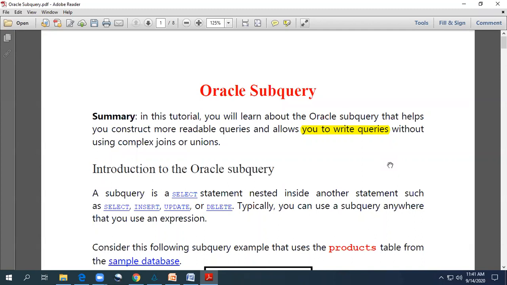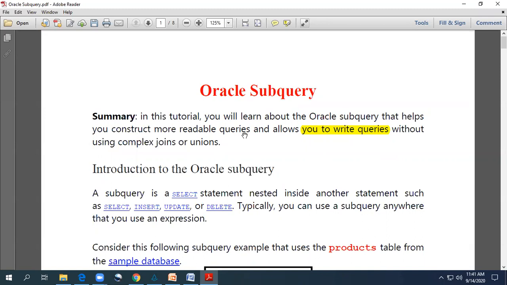Everyone. In this session, I will cover the next topic of our DML queries, that is a subquery. Till now, whatever queries we solved are examples of single queries. But there is also a provision in the SQL language where we can write nested queries.